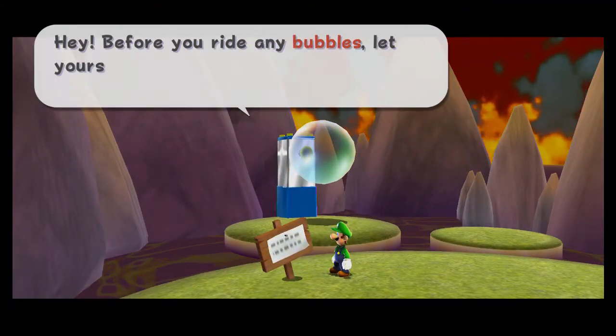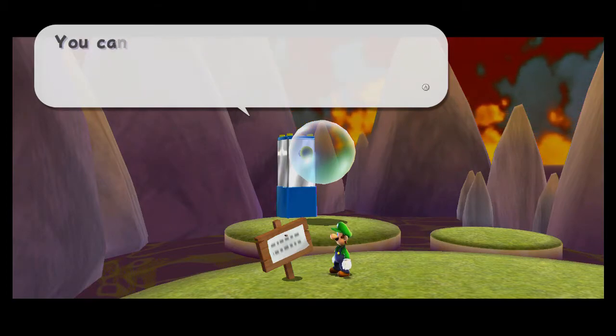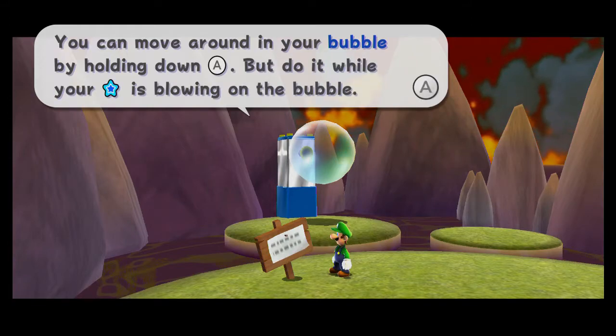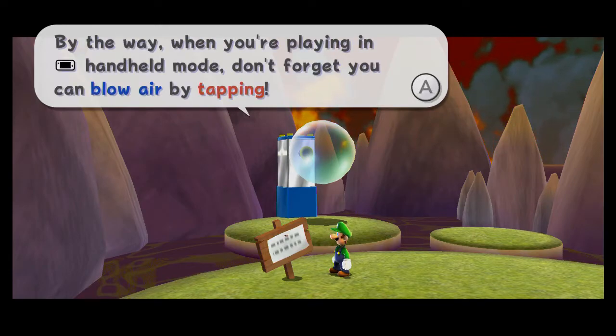Hey! Before you ride any bubbles, let yours truly, Philball, bend your ear for a sec. You can move around in your bubble by holding down A, but you do it while your star pointer is blowing on the bubble. By the way, when you're playing in handheld mode, don't forget...